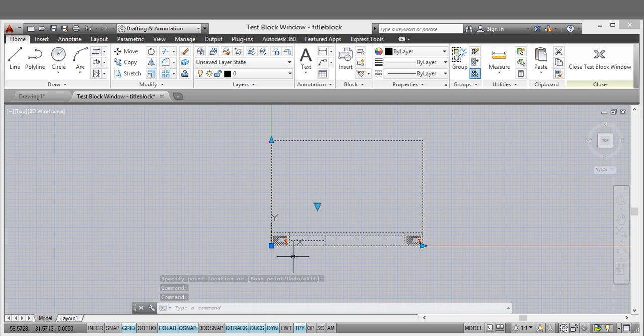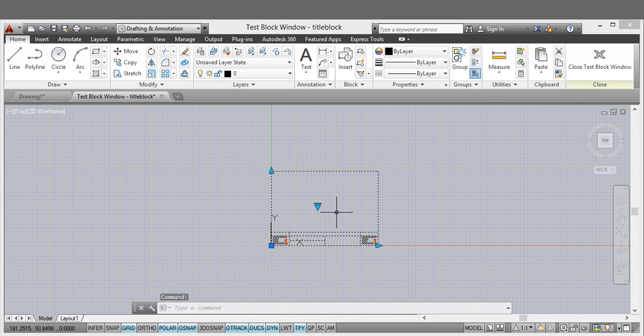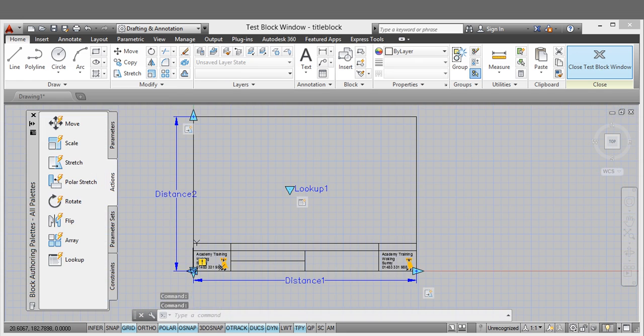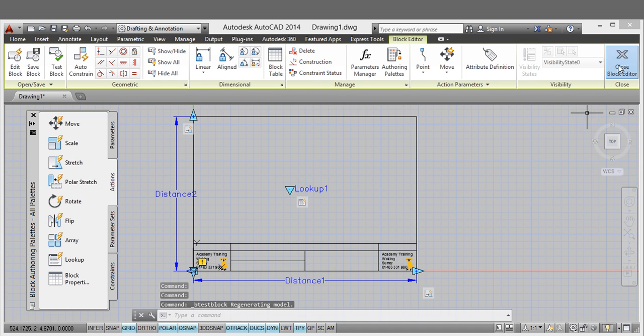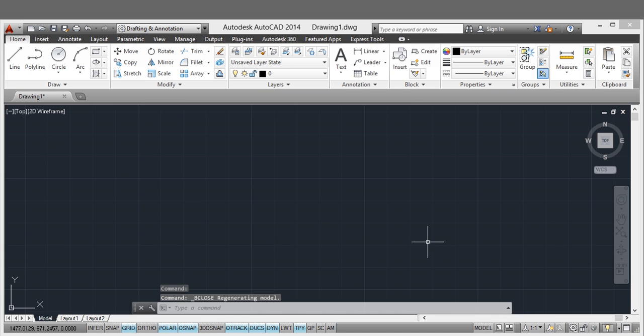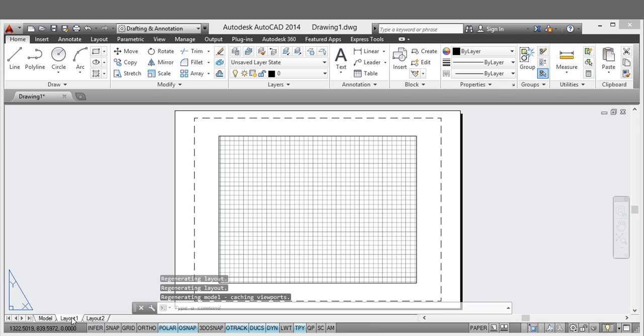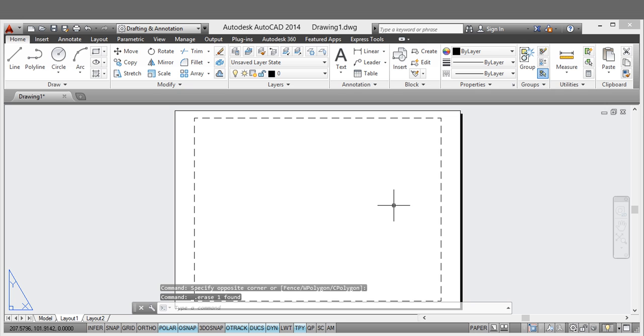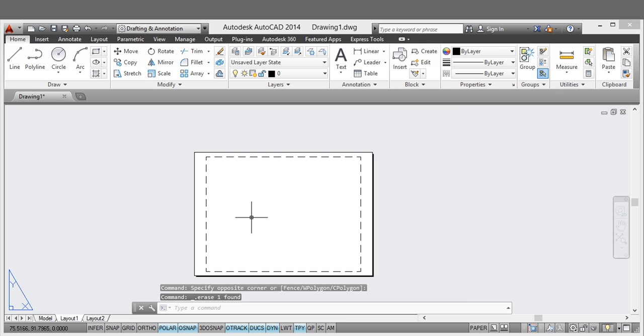You'll notice that the title block, the text, the boxes, everything down here, they haven't changed size, and that's exactly what I want. Okay. Close the block window, close the block editor, save the changes to the block, and let's have a look how we could use that. Let's go to layout 1. I'm just going to delete the viewport for now. And if I just insert my block,